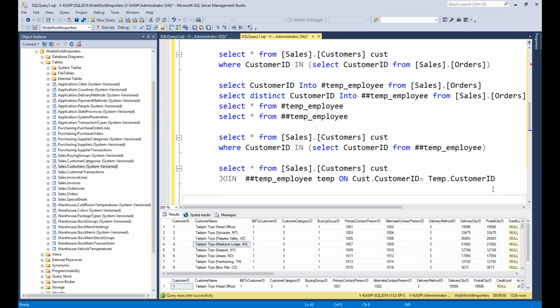First get all the distinct employees who have customer orders. Then list out all the employees that exist in that employee table. Instead of joining to the order table, which has 73,000 records, you are now joining to the temporary table, which has only 663 records, right?